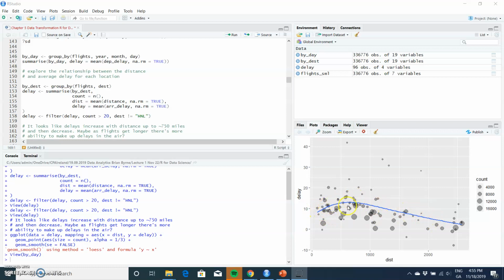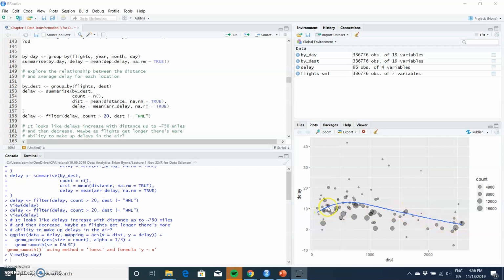What we observed is the further in terms of distance a particular destination is,